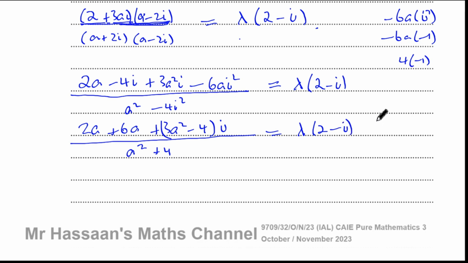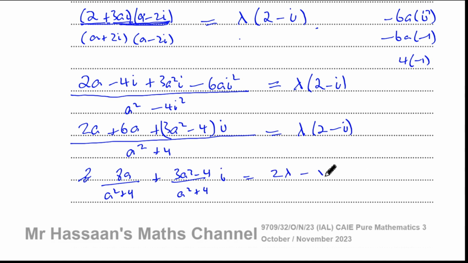Okay, so now, basically what we can do here is split this up into 2 parts. We can say this is like 2 times, so this is going to be 8a over a squared plus 4. And this is going to be plus 3a squared minus 4 over a squared plus 4 i is equal to 2